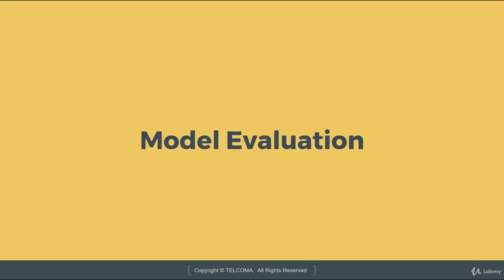So let's move on to model evaluation. Till this point of time, we have learned how to develop machine learning algorithms in Python. We have essentially missed out one point. How do we evaluate them? How do we understand what is the performance of a particular model, or how does one model perform in comparison